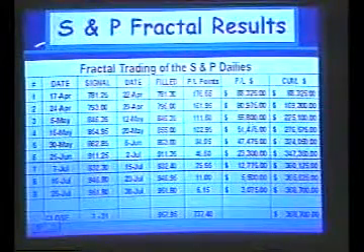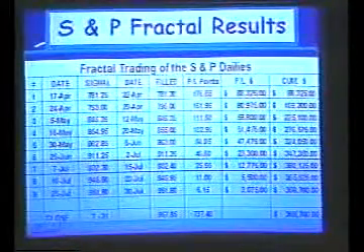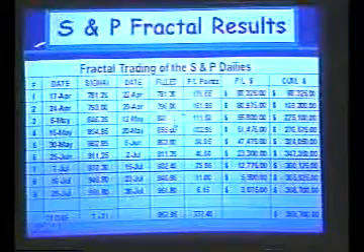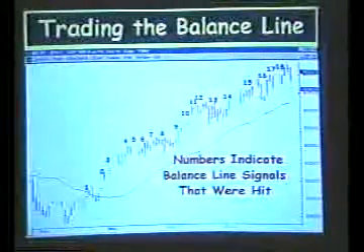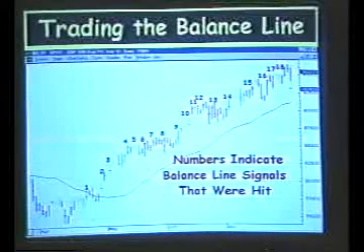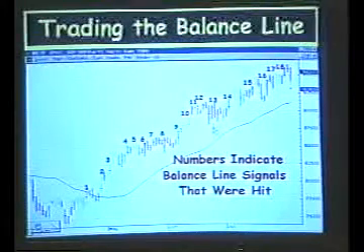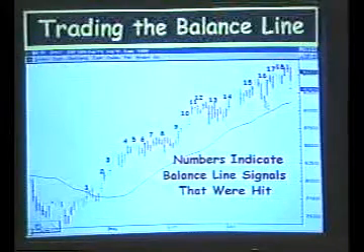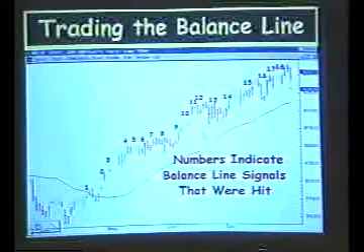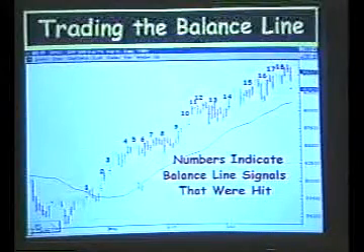This is trading only the fractals. Now, when we add the other 4 dimensions, it's going to be even more spectacular. Here is trading the balance line. And notice that here on this chart, we only put the alligator's jaw. It's the same as we saw on the chart before. None of these closes were below the red line, and we only put the blue balance line to make it